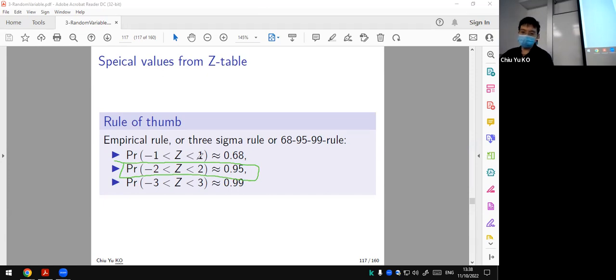Of course, we'll do exact calculation, but this rule of thumb is so useful. Okay. Then I'll actually ask you an important question. Suppose you do a midterm, not in our class because our class has no midterm, but for another class. The teacher told you the mean of the midterm is like 80, and they tell you the SD, say 5. So you may ask yourself,